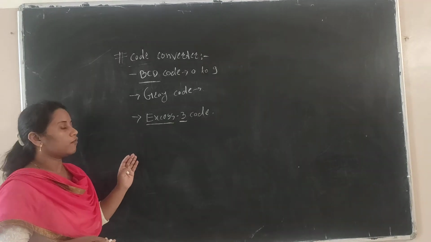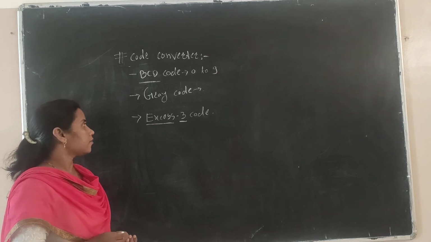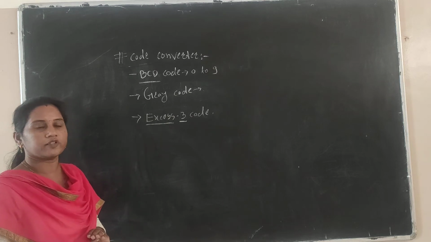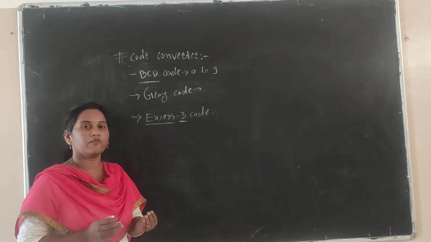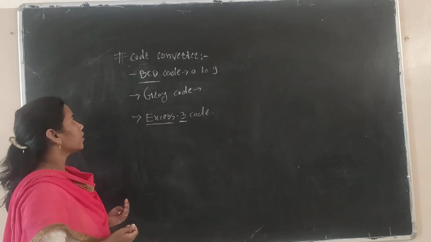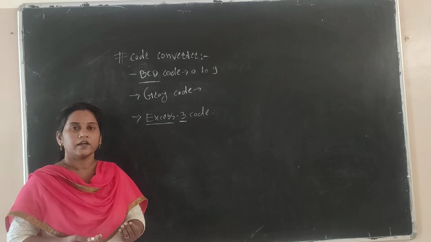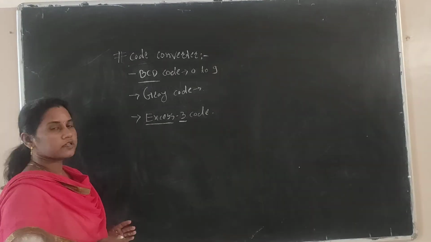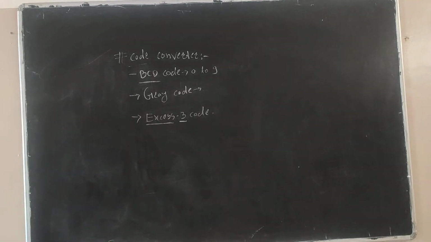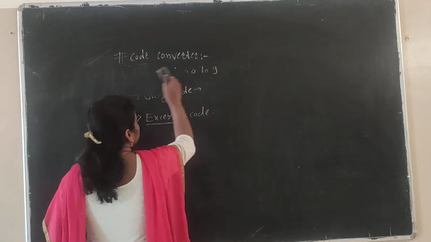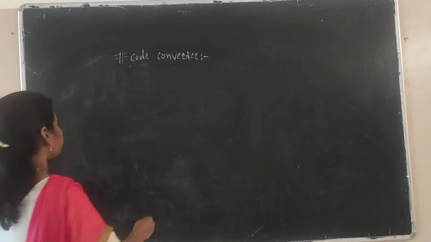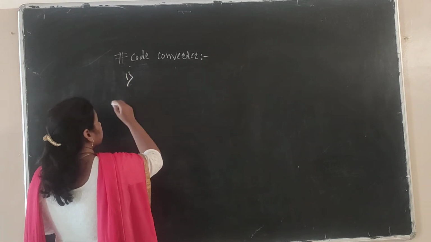Now, for a particular application, sometimes we have to convert one type of code into another type of code. At that time we require a converter, a code converter. So we are going for the code converter in digital electronics. The first type of code converter we see here is the BCD to gray code converter. We have to convert the BCD number to the gray code. That's why our first code converter is that